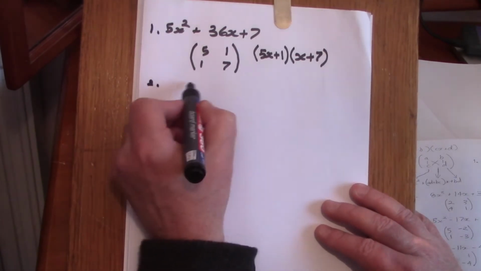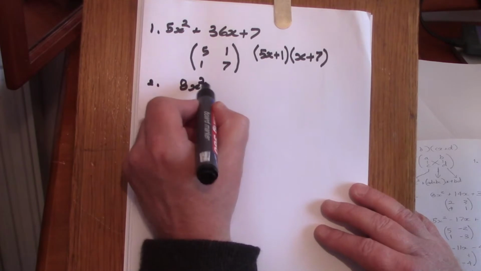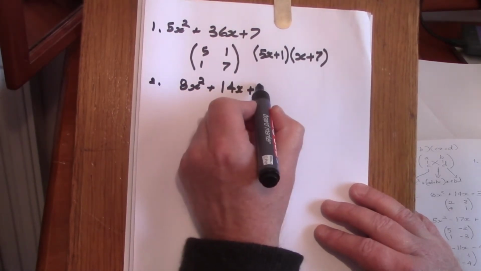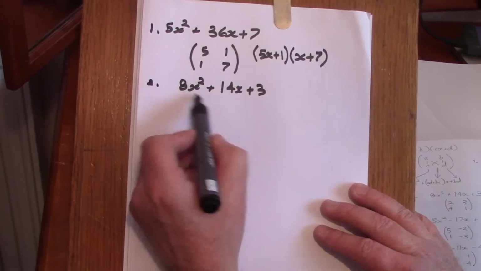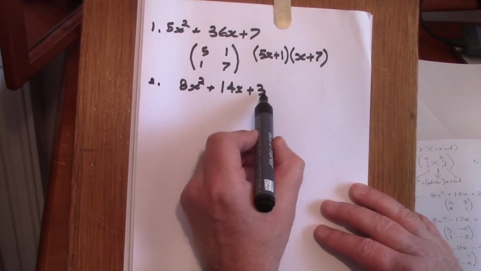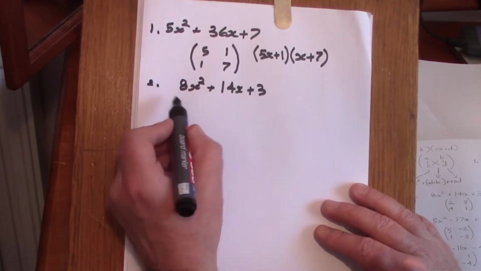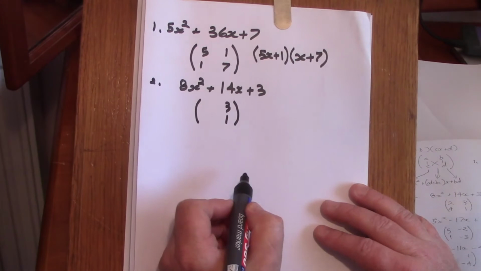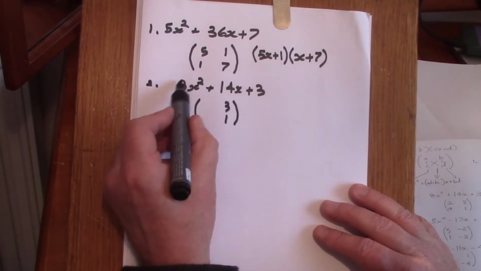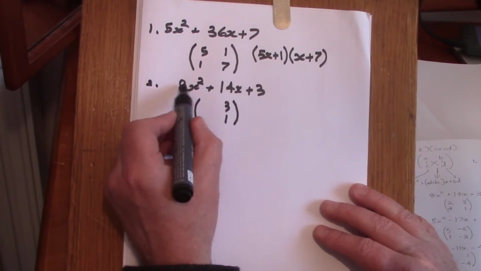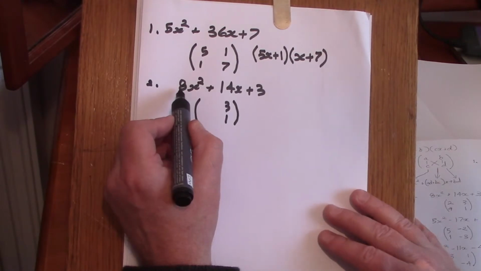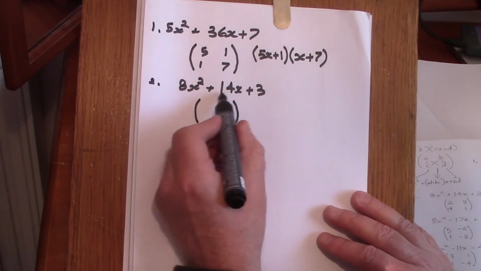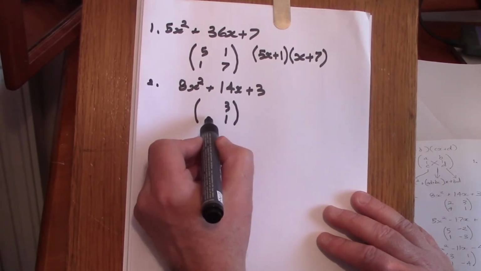Example 2 is 8x squared plus 14x plus 3. Again, looking at the first and last coefficients, we can see that the last one is prime, and so in the matrix we must have a 3 and a 1. Now we've got a choice with 8, because it's got two pairs of factors, 1 and 8 and 2 and 4, and we have to consider which of those is going to lead us to a cross product which